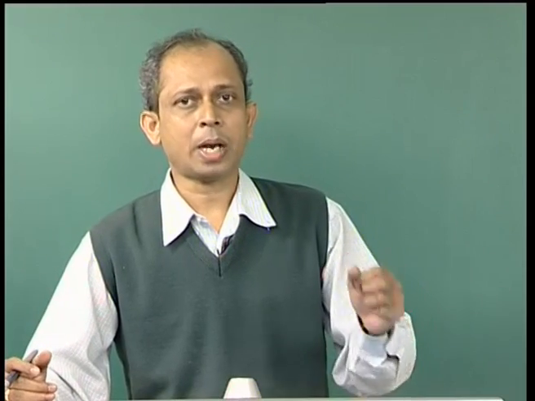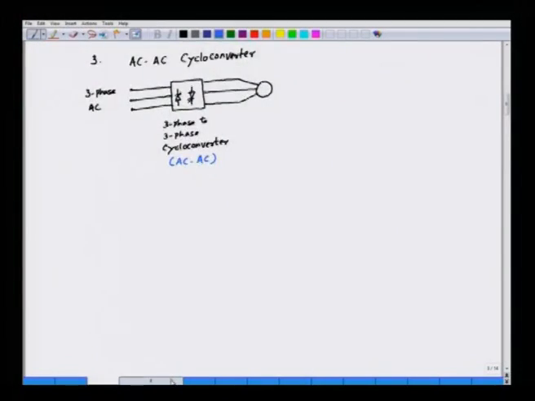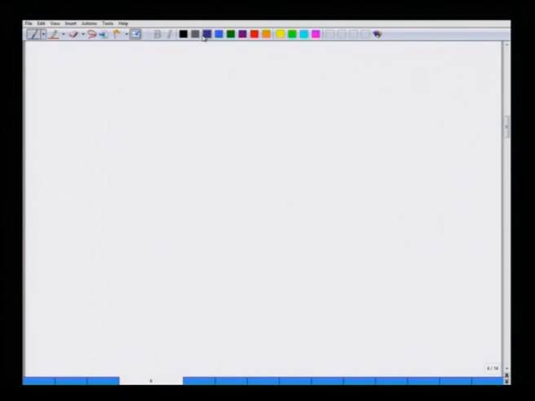So, all these three possibilities that we have for controlling AC drives are not utility friendly. So, what is the solution? The solution is to have a topology in which the input current will not have any harmonics, and we will only draw active power from the utility. So, the criteria of having a utility friendly drive are as follows. Number 1, the input current should not have any harmonics, and the input current should be in phase with the input voltage. So, we will be talking about a utility friendly drive